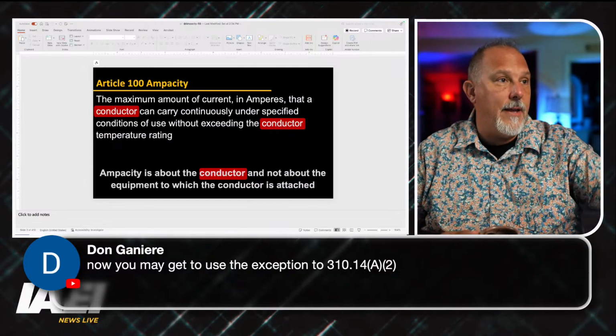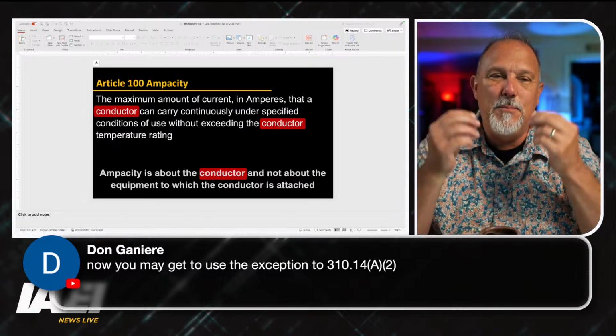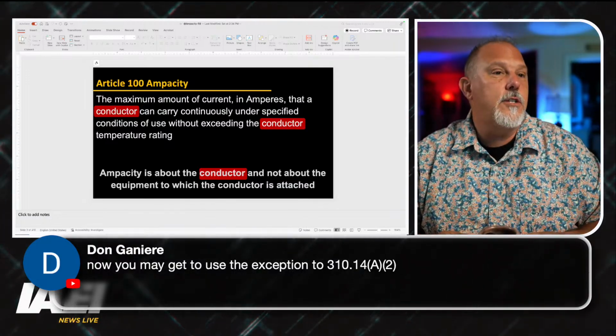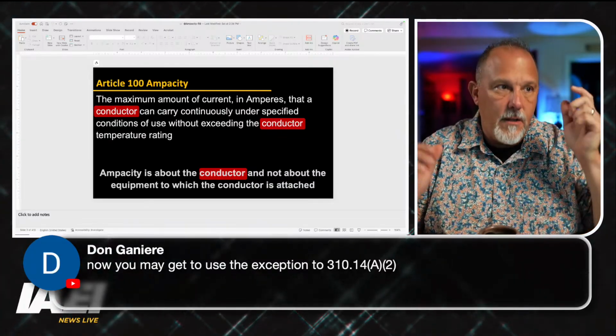Yes, and that's what I was just talking about. So the delay is beautiful, and it tells me we're both thinking alike, Don. So that's right. So you can use that exception if it